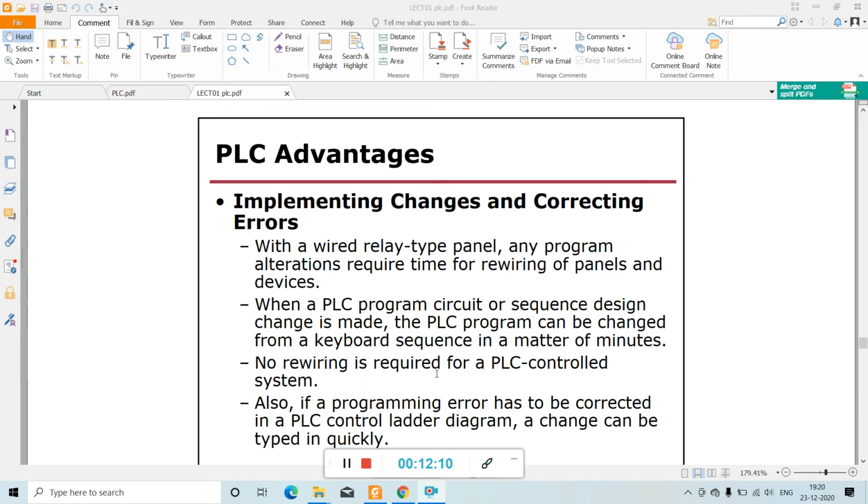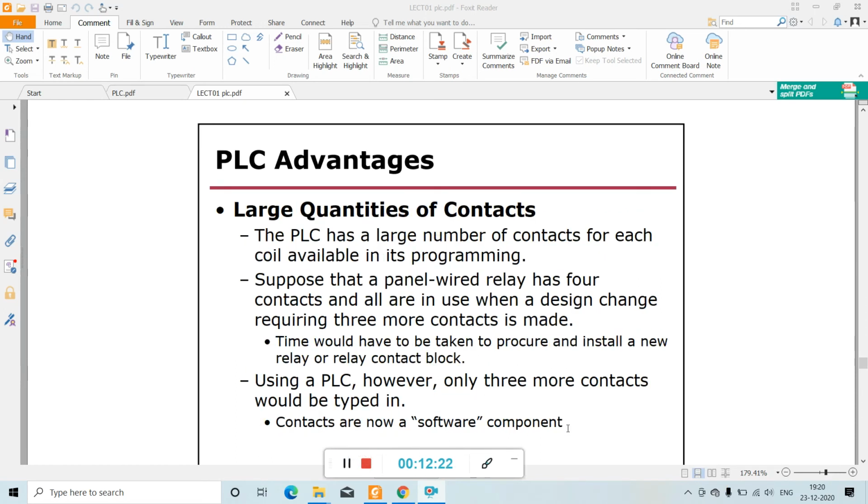No rewiring is required for a PLC control system. Also, if a programming error has to be corrected in a PLC control ladder diagram, a change can be typed in quickly.